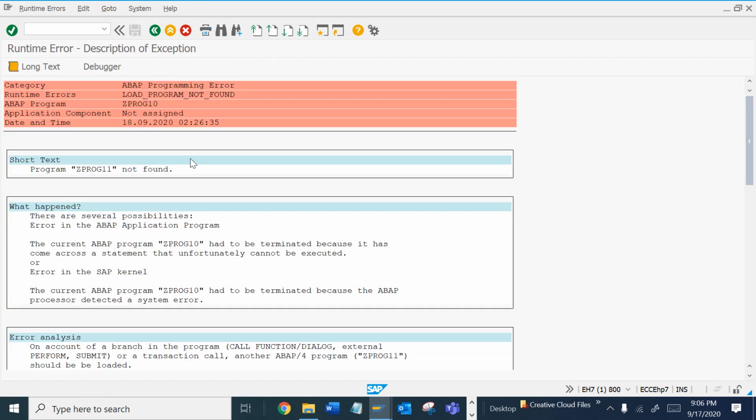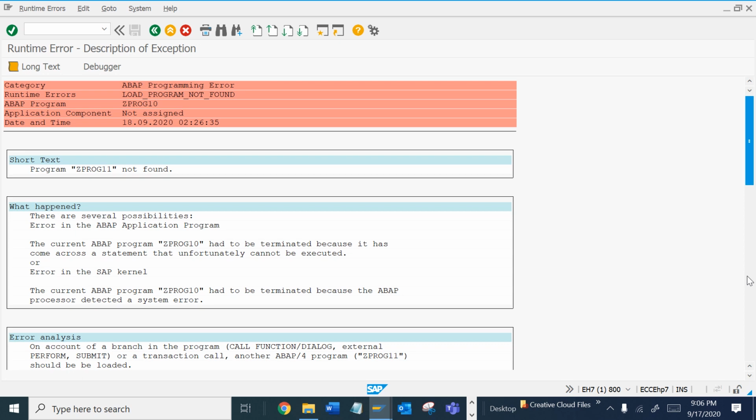See, this runtime error is coming. This whole screen is called a runtime error, and we also call it a dump in SAP. When any program fails or any exception comes in any program, this screen will come.